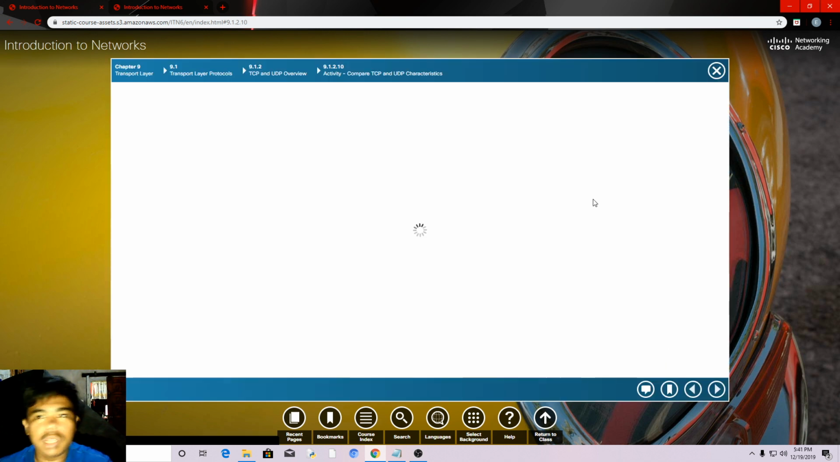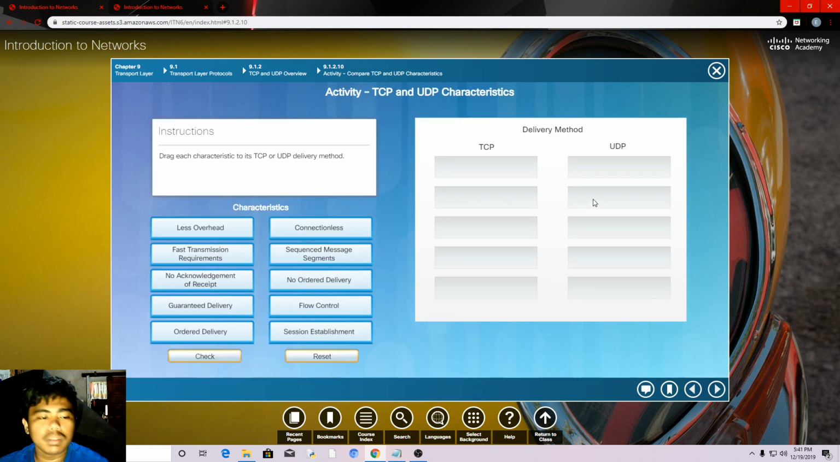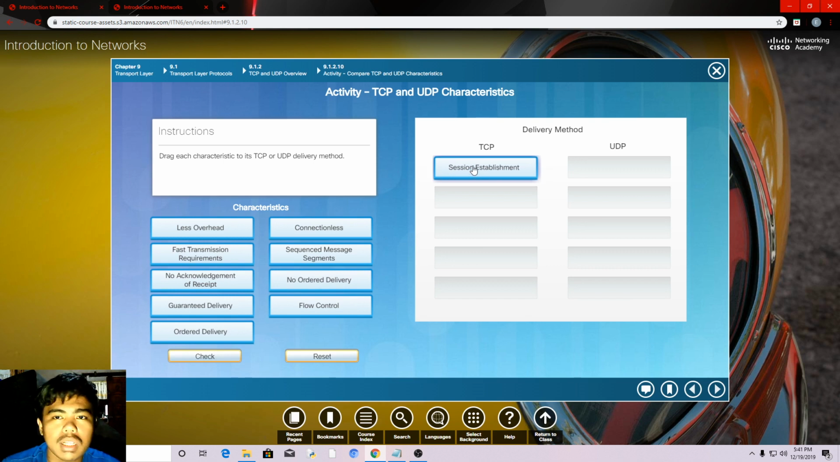So let's go to the activity. Here's our first activity. We need to identify whether the method is TCP or UDP in these categories or characteristics. First, session establishment is a delivery method of TCP. Also, flow control, because it controls the data sent between the sender and